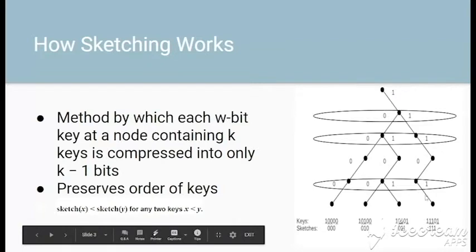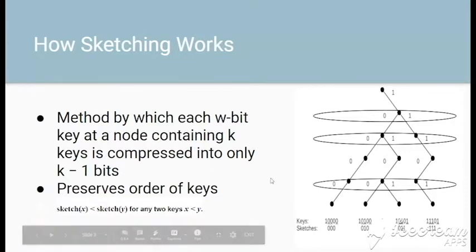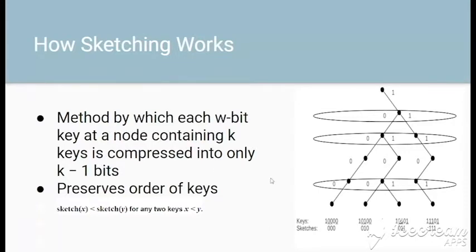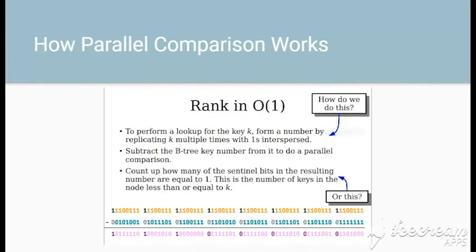A general rule of thumb is that if some value is very great, then it should have more ones along its path. So the sketch value of y would be greater than the sketch value of x only if y is greater than x, and this also makes sense because it will have more ones along its path. So many of these comparisons need to happen simultaneously, and this is why we need parallel comparisons.